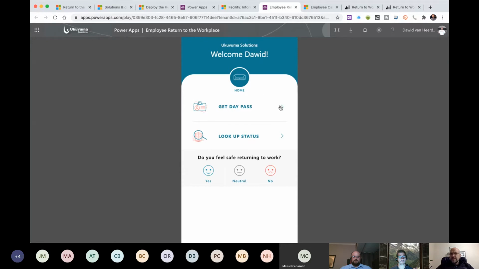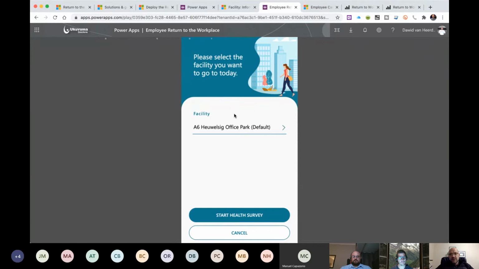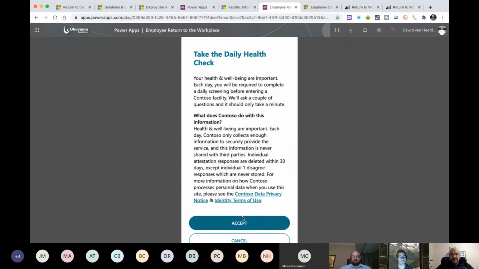And this is obviously very important because as you open up facilities, you're only allowed to have X amount of employees in the facility at the same time. So you obviously need to go and make provision for that. So people would need to go and book time or a slot. And to do that, they need to go and do a quick survey and go and accept the terms and conditions, which you can set up in the facilities configuration.